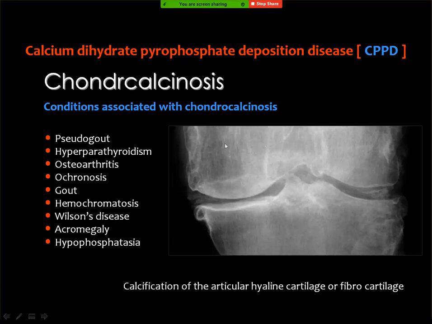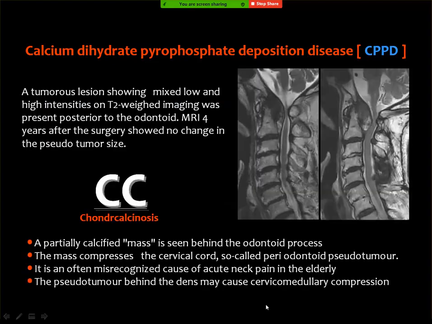This disease can be associated with many pathologies like pseudogout, hyperparathyroidism, osteoarthritis, ochronosis, gout, hemochromatosis, Wilson disease, acromegaly, and hypophosphatasia. The main finding of this disease is calcification of the cartilage, whether the articular cartilage or the cartilage of the meniscus, or the triangular fibrocartilage, for example. And in the odontoid, it is characterized by the formation of a pseudotumor around the